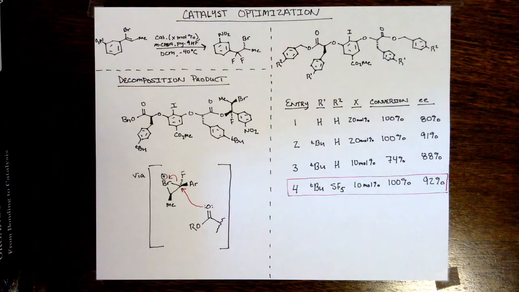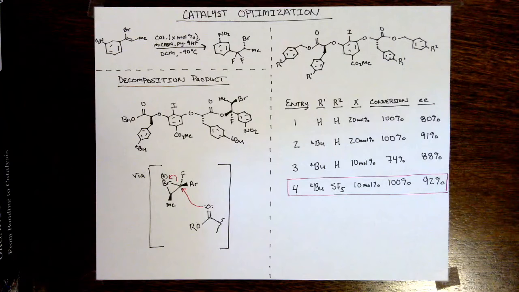If this was happening through the nucleophilic attack of this benzyl ester group, they hypothesized that if they make this benzyl ester more electron deficient, then that would decrease the nucleophilicity of this group and therefore decrease the